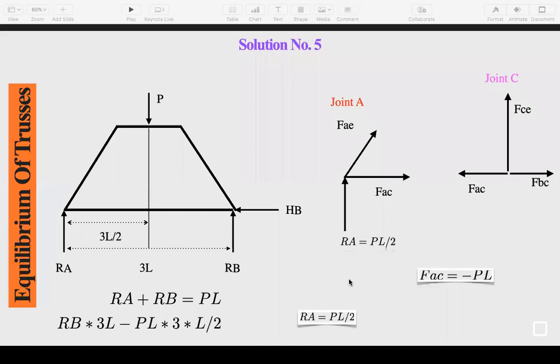So they have asked this question in the GATE because they have not. If you are having the perfection in this, then we don't require to draw the joint C and we don't require to do the summation of Fx is equal to 0 and summation of Fy is equal to 0. फक्त आपल्याला FAC ची जर व्हॅल्यू मिळाली, so suddenly I can say that the value of FBC, sorry, BC will be the PL.